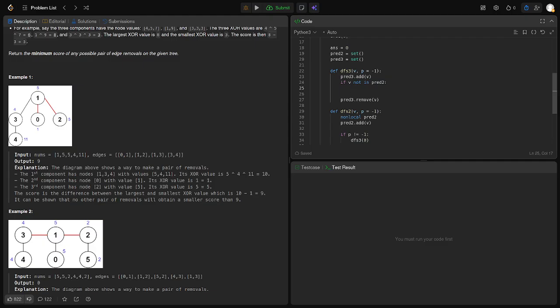So if it's not in there, then we can do something. And then there are two cases. So sub 1 is just XOR of root, XOR of v, and then sub 2 is XOR of v. And sub 3 is XOR of